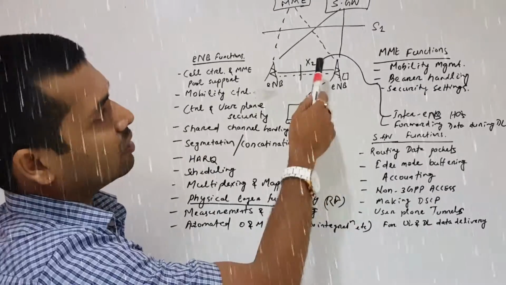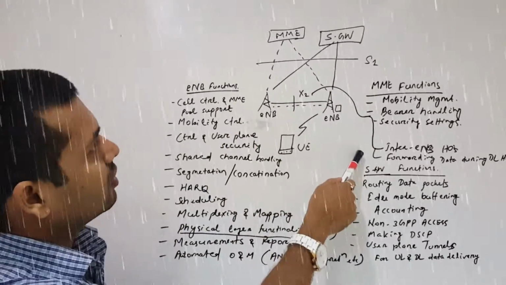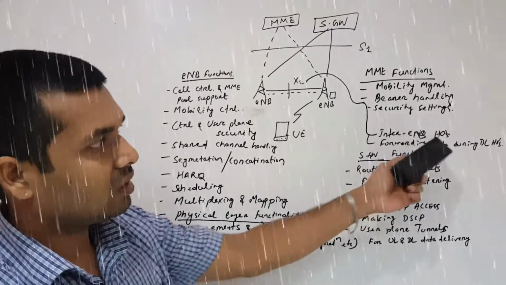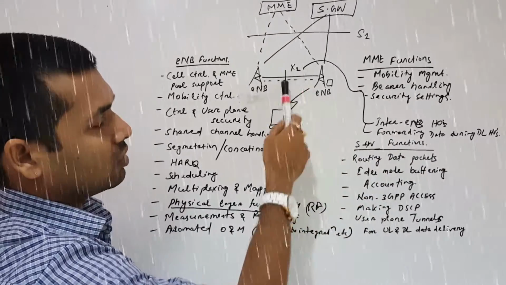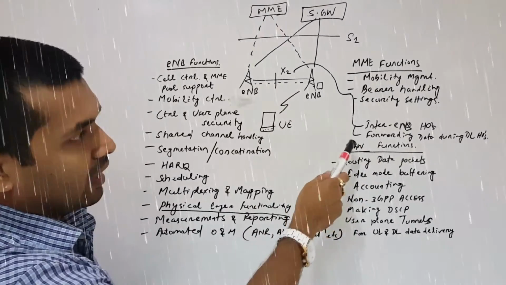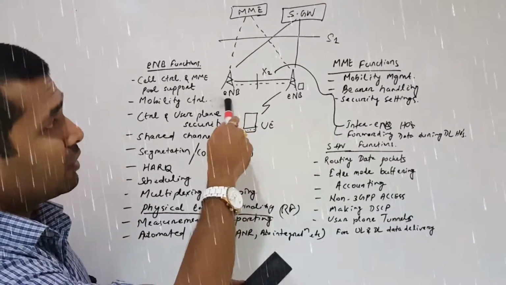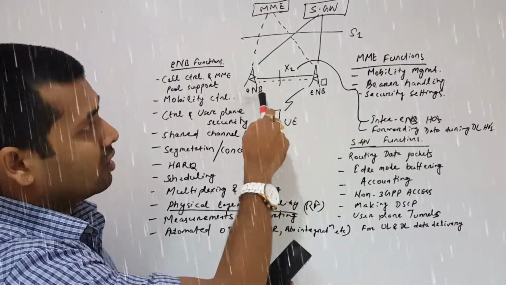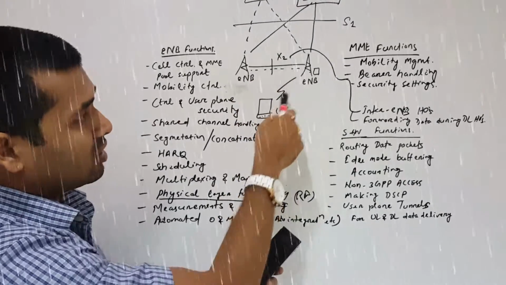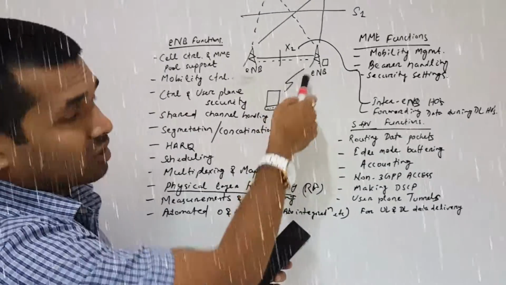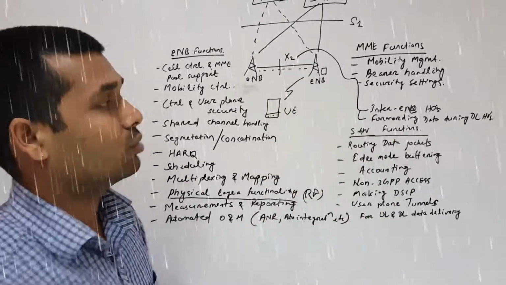Moving on, where we have the X2 interface enabled, we can have these additional functions of the eNodeB, that is inter eNodeB handovers, like from eNodeB to eNodeB, that handover is controlled, and forwarding of downlink data during handovers. Let's say I'm in this eNodeB, I'm moving, and my packets are automatically transferred to the other eNodeB, and then I'm getting these packets from the target eNodeB. So that is forwarding data during downlink handovers.